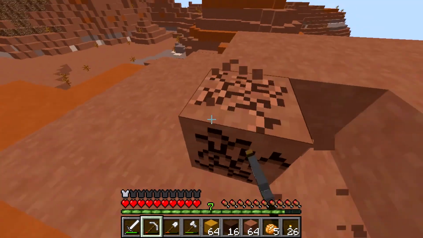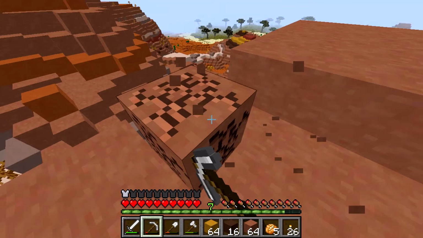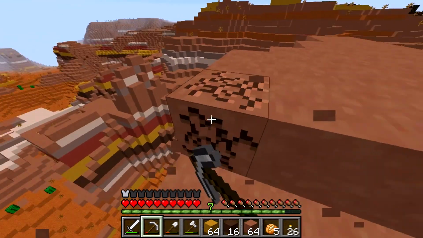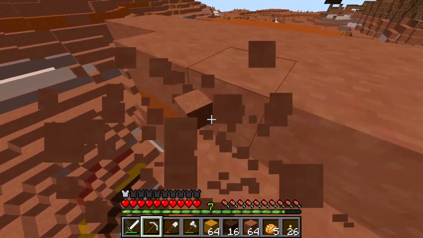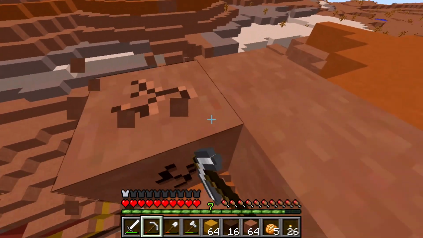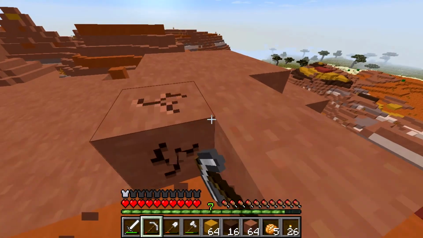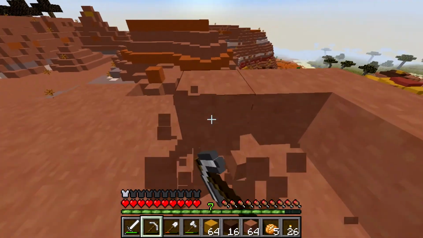I used clay when it first came out, back before Mesa biomes, when I loaded in a world and actually gathered actual clay, and then I smelted it to make hardened clay. But now we have the luxury of doing this, so right now I'm just gonna continue excavating this area, this little mountain,